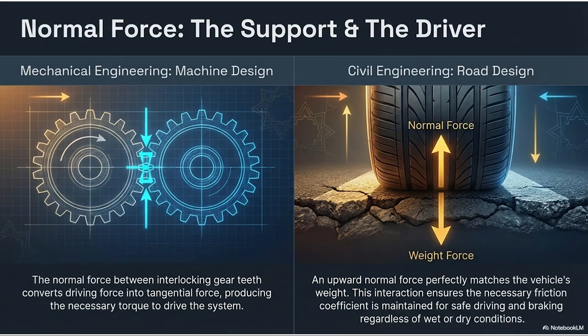That's the one. So literally, the engine of your car spinning the wheels is completely dependent on engineers calculating the exact normal force between tiny metal teeth inside the gearbox. Like if they get the angle of the gear tooth wrong, the normal force points the wrong way, the torque disappears, and the gears probably just shatter into a million pieces. It is the invisible driver of the Industrial Revolution.